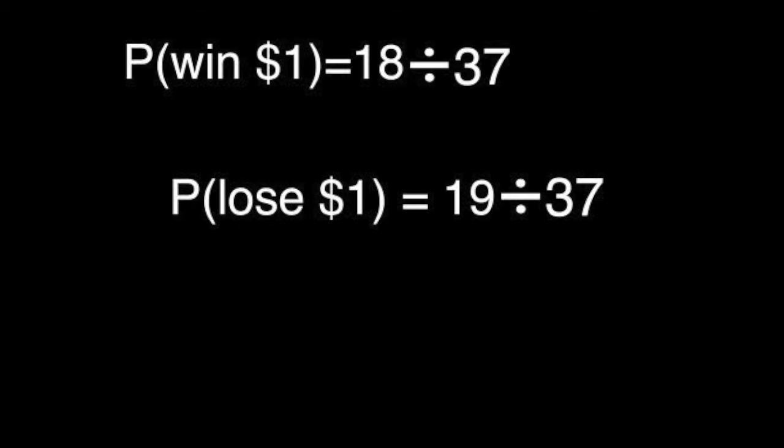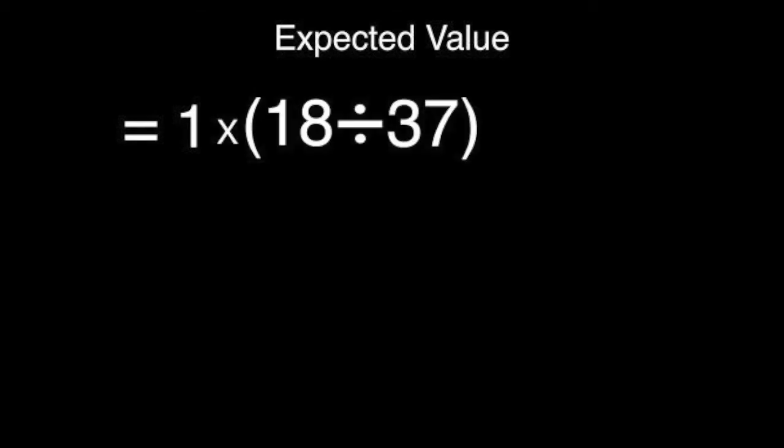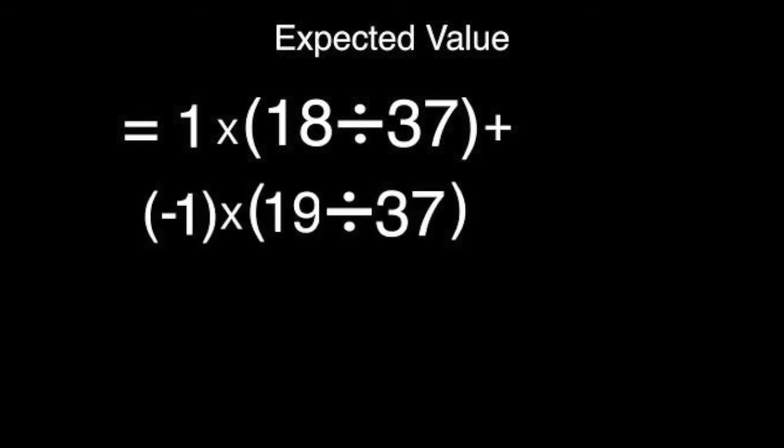Therefore, you will either win $1 or lose $1. Hence, the expected value is equal to 1 multiplied by 18 over 37 added to -1 times 19 over 37, which equals approximately